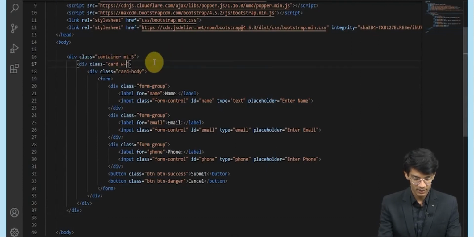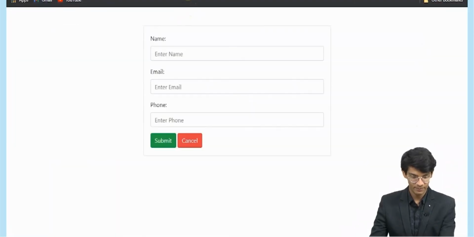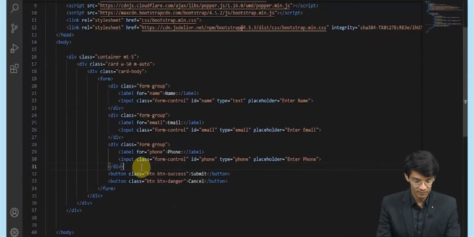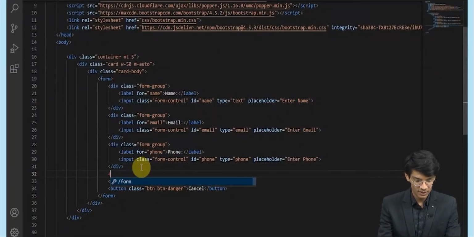We will give it a width of 50 and write the margin to auto. Now let's see. You can see we get a structure like this and you can write all the details. We get a submit and cancel button.